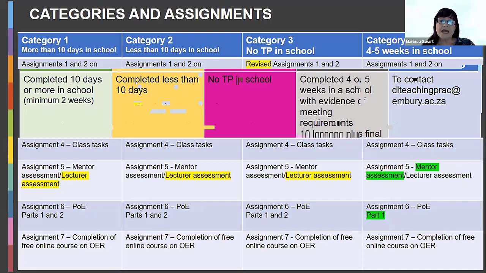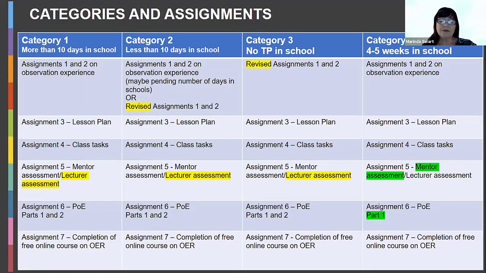Right, the other scenario that we have is, let's look at the categories now in relation to the assessments. And I'm going to go through each of the categories again. So it's very important for me that each student understands what is required in order to complete the TP701. So category 1 students, you've completed more than 10 days. Category 1 students should have been able to do assignments 1 and 2 based on your observation experiences. We're talking about the original assignments 1 and 2. Those assignments were designed with the purpose of looking at activities within the school context. You do assignment 3, lesson planning, assignment 4, class tasks, the continuous involvement trackers up till the end of the semester. Assignment 5,